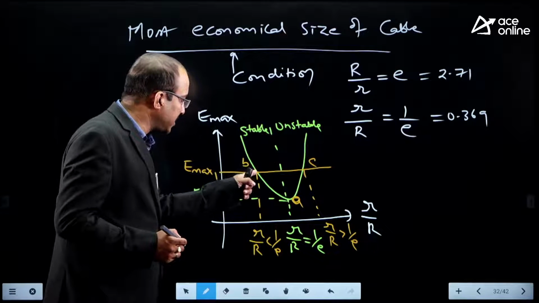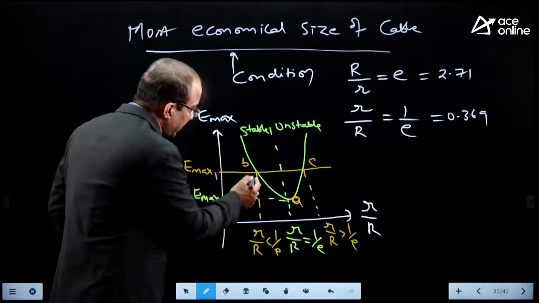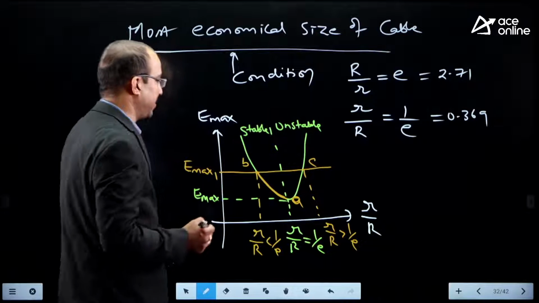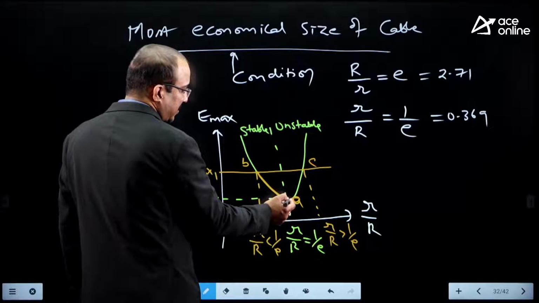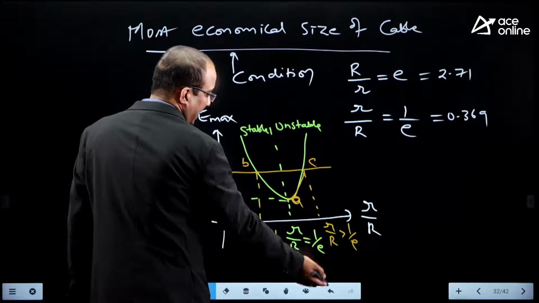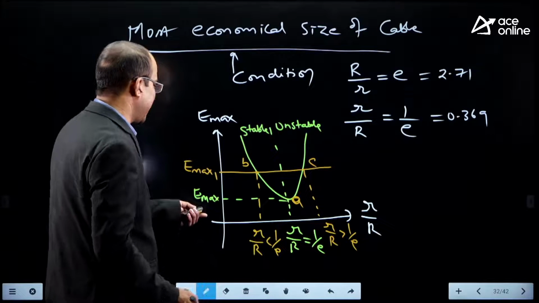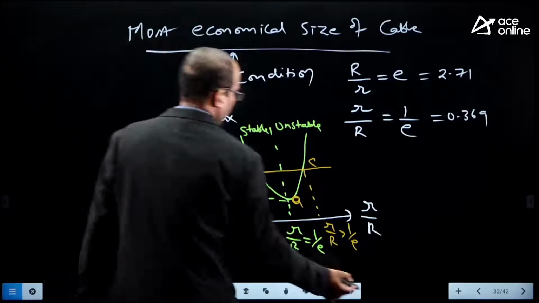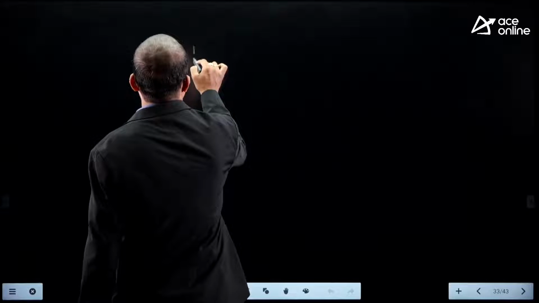Even if the void formation takes place, still it will be in the stable region. There is a stable region of operation here. Instead of that, if you are operating at this point, it will be in a critically stable state initially. It will result in unstable operation. That's why, for stable operation,